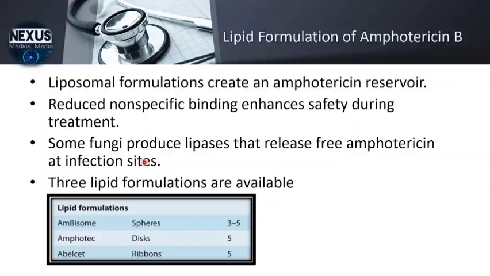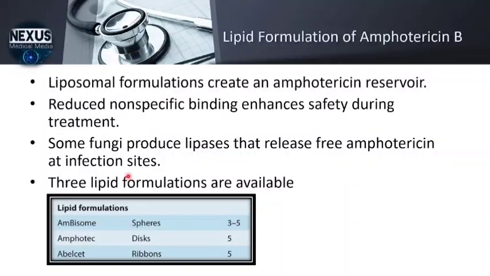So this is what's happening. The amphotericin B is bound to the lipid, right? So when it goes near the infection site, the fungi will produce a lipase, not knowing that it's killing itself, because if you produce that lipase, it will cleave those lipids and the drug will be released on the site